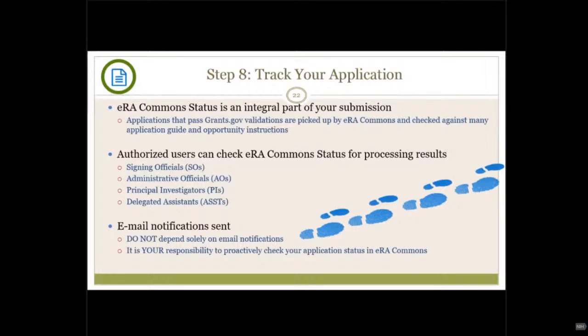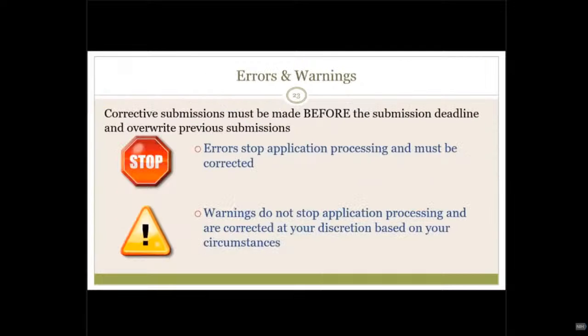The individuals that can check the status in Commons include the signing official, the administrative official, the PDPI, and delegated assistants. We do send emails to both the AOR, SO, and PDPI, but recognize that it is an imperfect delivery system. And so be proactive and actively go in, log in, and check your Commons for the status of the